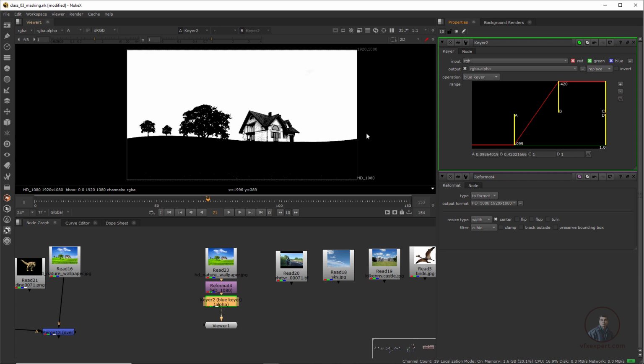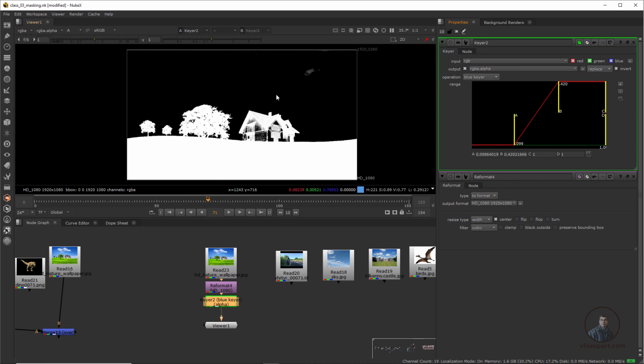But remember one more important thing. If you use this matte now, you will get this part and this part will be transparent, because black means transparent and white means opaque. So for this we have to invert our matte. Inside this keyer, we have to use this invert option. Click here. Now this white area we will get, and this area will be transparent. Now just adjust it here, so we create a pure black and white matte.